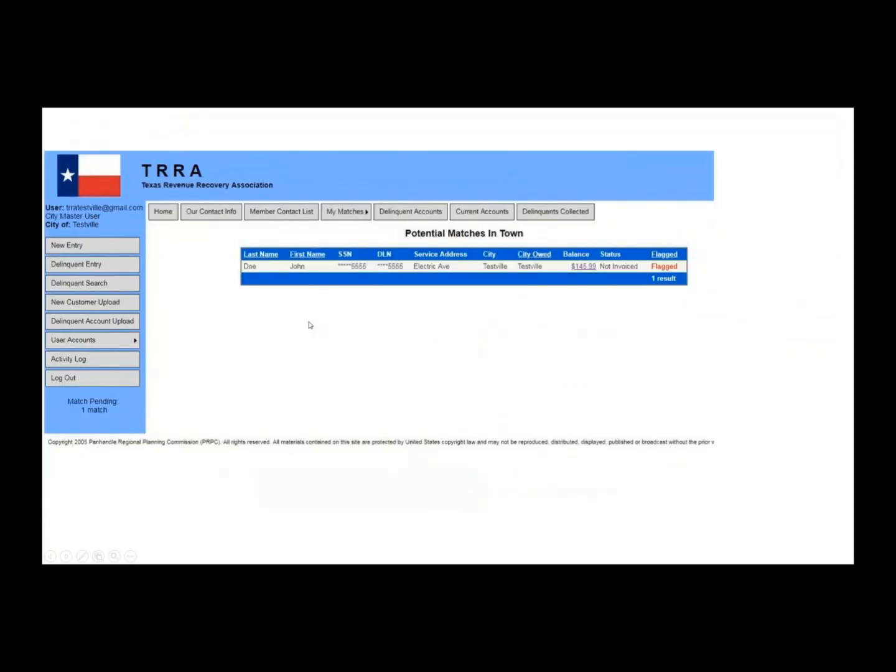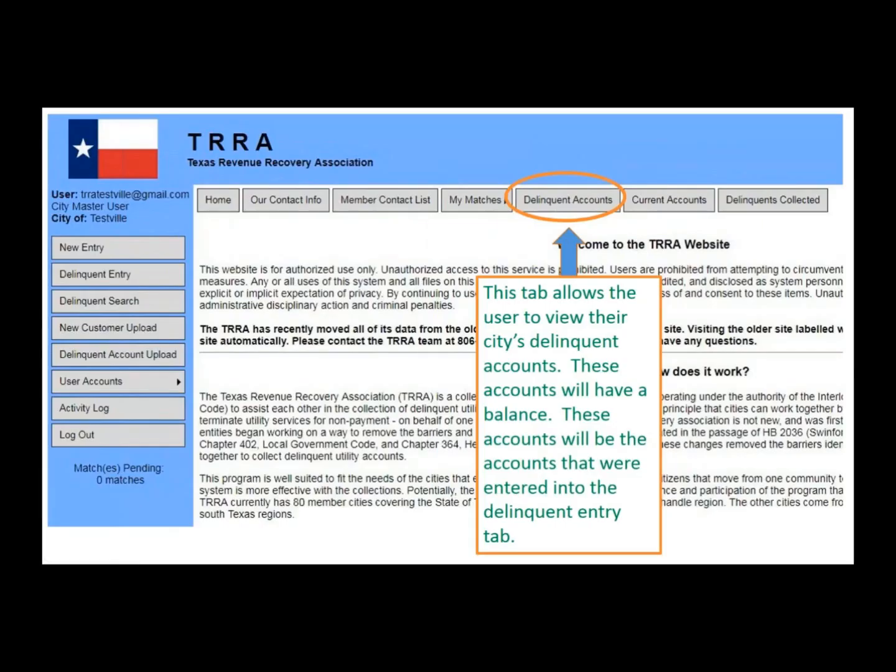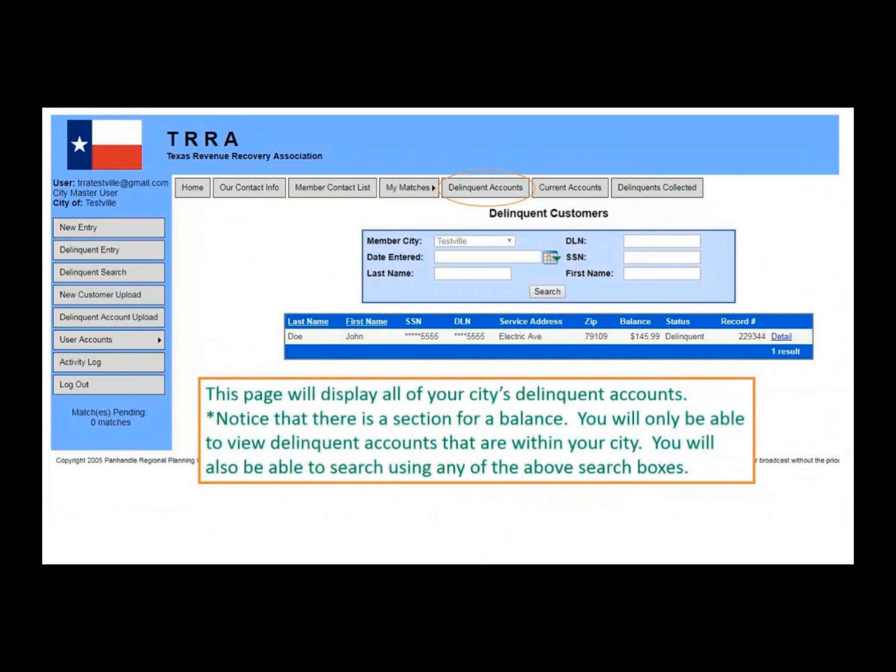All right. This next tab is the delinquent accounts. So this tab allows users to view cities' delinquent accounts. These accounts will have a balance, like I was saying before. These accounts will be the accounts that were entered into the delinquent entry tab or uploaded in that batch data.